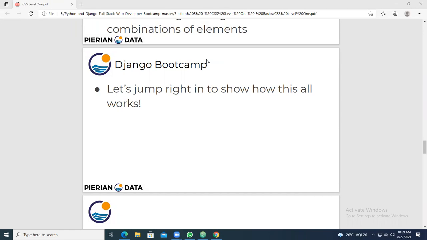CSS selectors, there are two. Answer in the chat box. Two selectors.